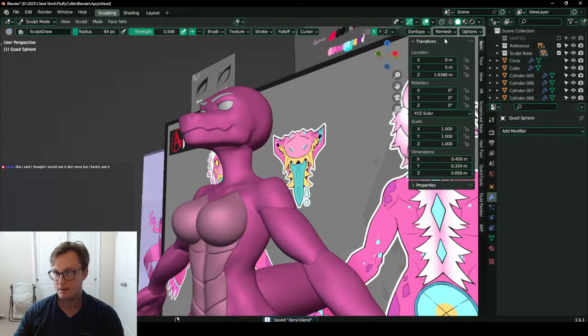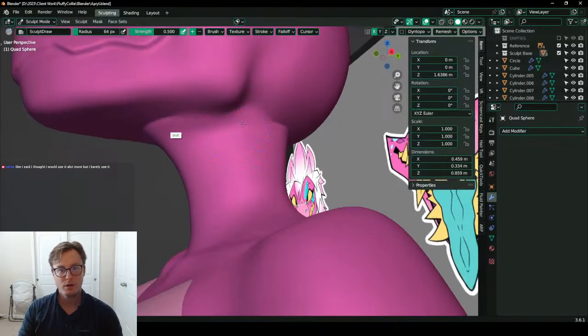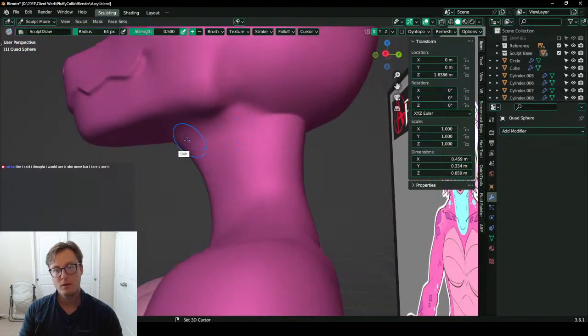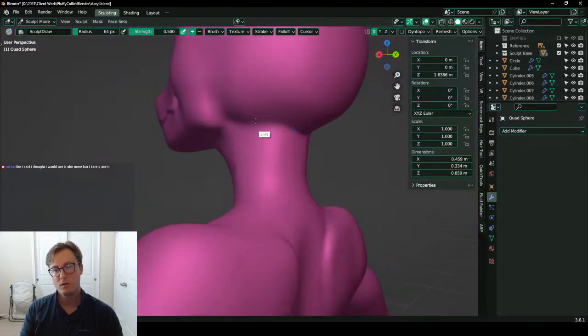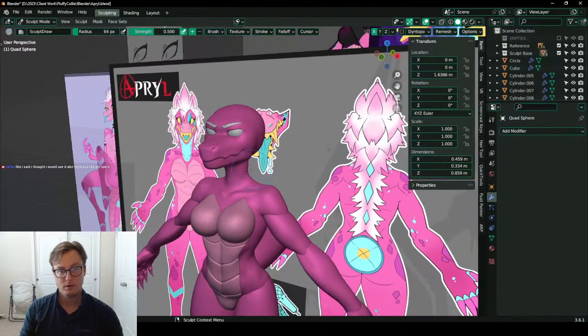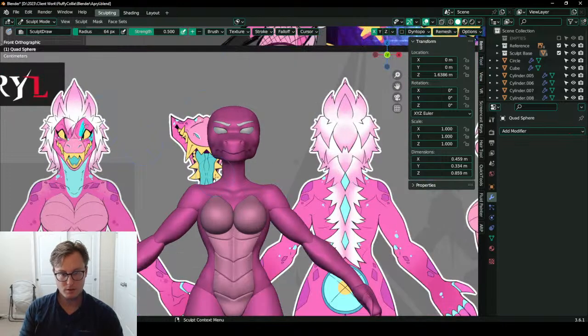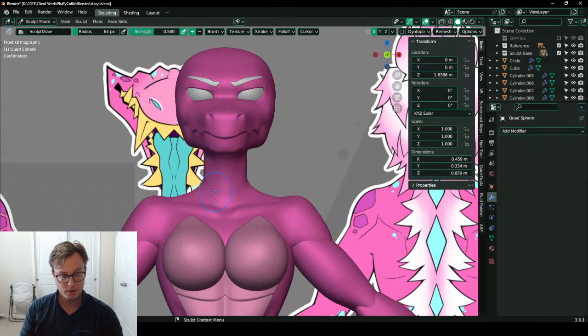And then for the head, full resolution. Still need to adjust quite a bit on her face, because the style is quite different between the two references for the face, especially. So the neck is a little thicker.